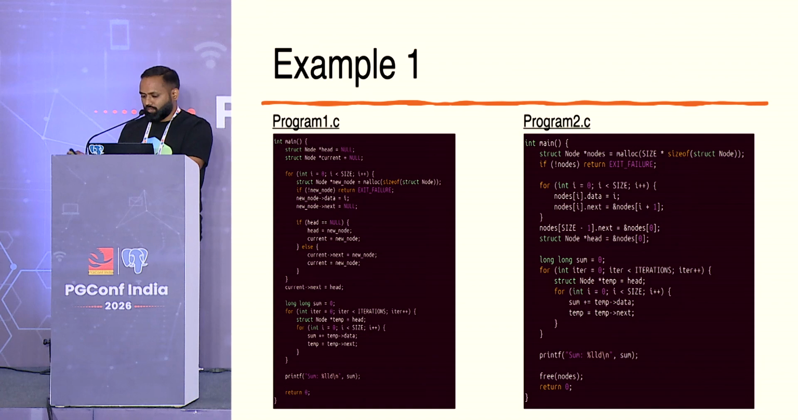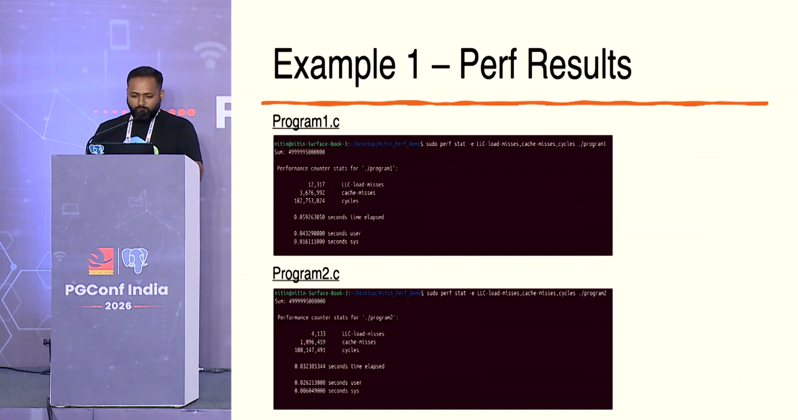In the first example, both of these programs are doing the same thing, that is, calculating the sum of nodes in a linked list. In the first program, the nodes are scattered in memory, as I'm allocating memory for each node separately. In the second one, I'm allocating memory for all the nodes at once. If we see the perf results for these two, the second one has fewer cache misses compared to the first one. It's because